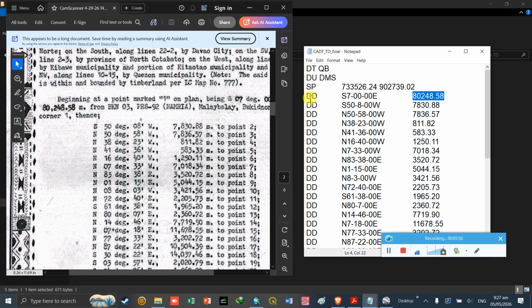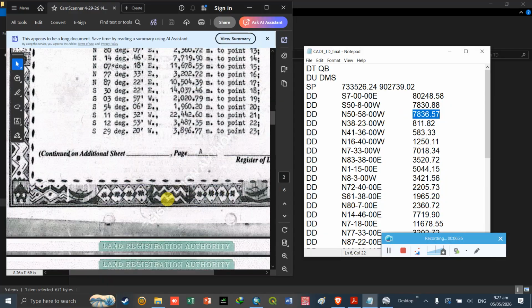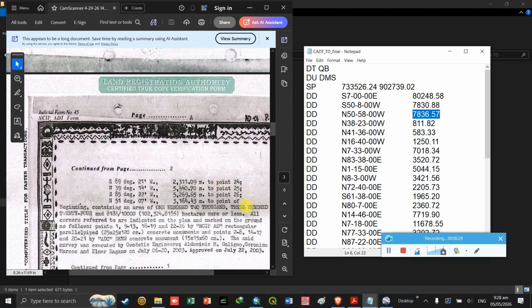Okay, and then for traverse 2, S50 degrees 8 minutes and 00 seconds west, and then the distance, and then the next traverse N50 58 00 west, and the distance, and so on and so forth, up to the last traverse line.